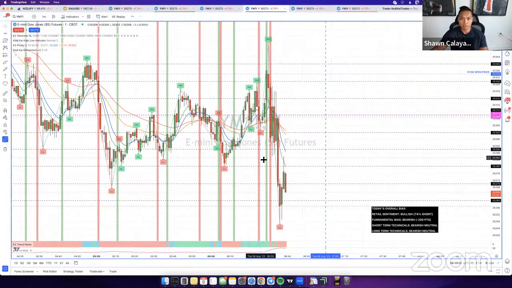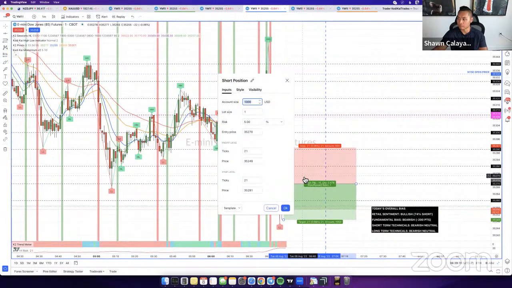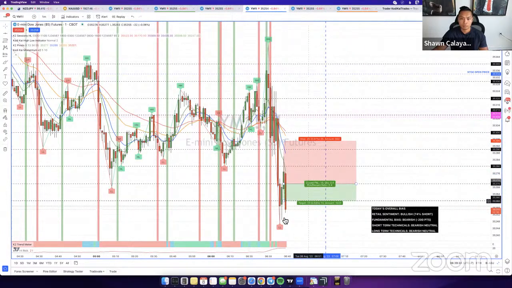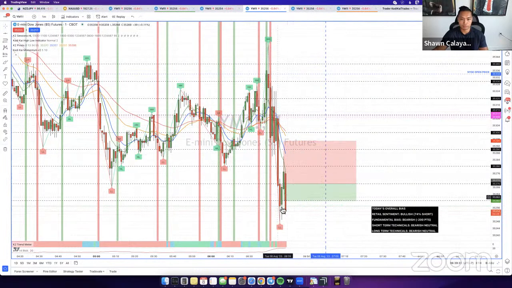close it out. There's a possible entry right here that just came up actually. I'm not sure if anybody saw this, but there's one right here that is currently running. I mean, it looks like it already hit TP at this point. Entry would have happened right here. Yeah, this would have already hit TP, so it's fine. It was a little too early for entry, so I would have waited for a little bit more confirmation. But this here would have been one entry. For example, price came down, retraced right there, entry would have been at this level, went into some drawdown, and then came right back down to full TP.